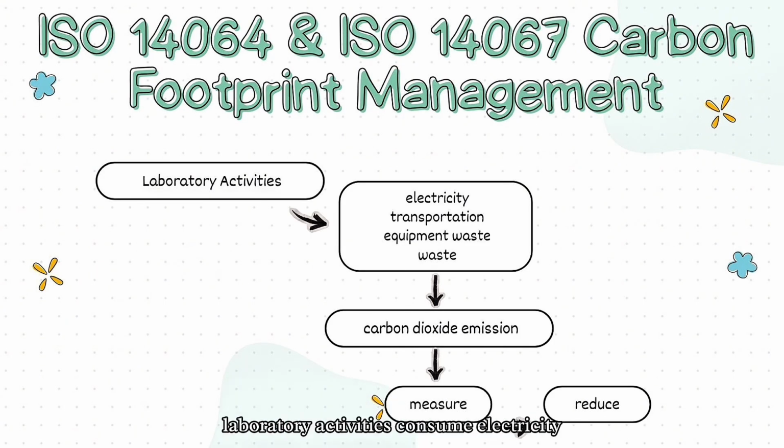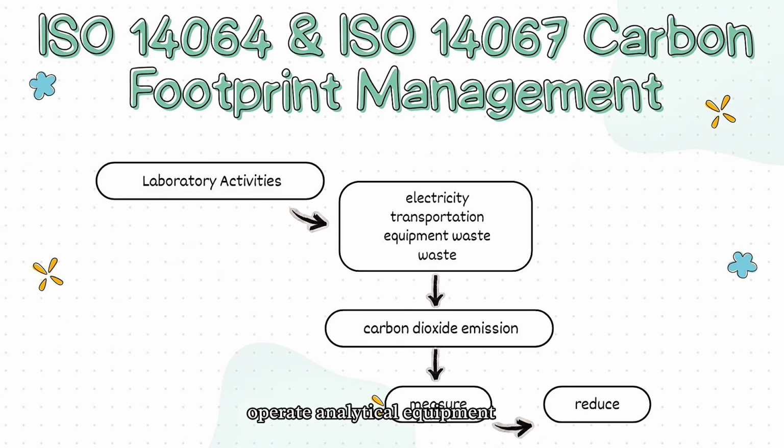Laboratory activities consume electricity, require transportation of chemicals, operate analytical equipment, and generate different types of waste. All of these activities contribute to carbon dioxide emissions. ISO 14064 provides guidelines for measuring, monitoring, and reporting greenhouse gas emissions generated by laboratory operations. Meanwhile, ISO 14067 focuses on calculating the carbon footprint of products or laboratory processes. Once these emissions are measured, laboratories can develop strategies to reduce them, such as using energy-efficient equipment, reducing solvent consumption,